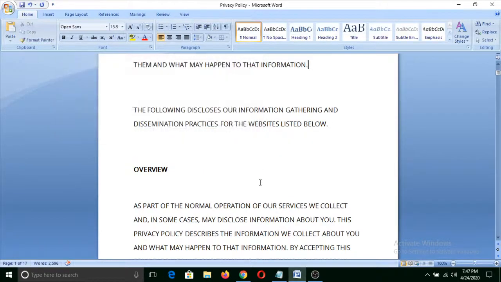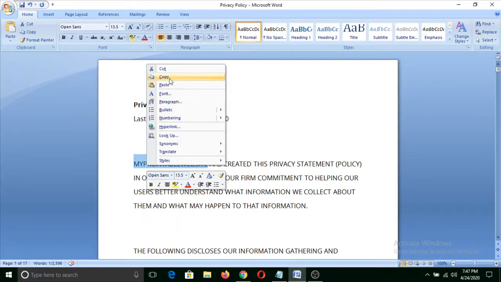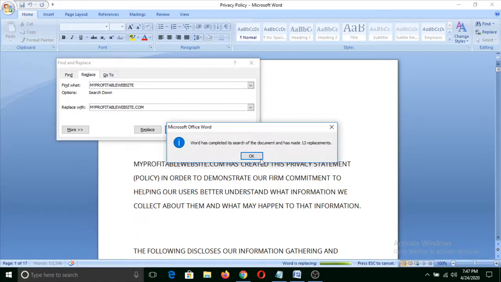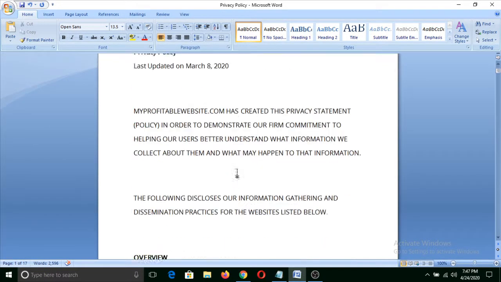Okay, I think I didn't type .com here. Find this and replace it with .com. Now replace all, and 13 replacements have occurred, and now it is your privacy policy.